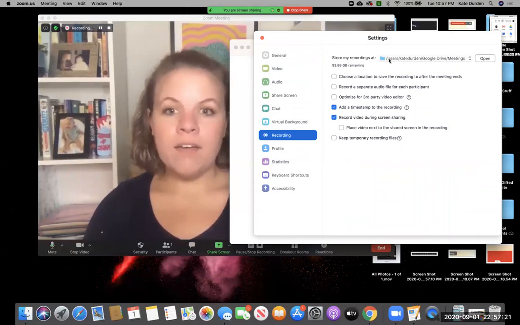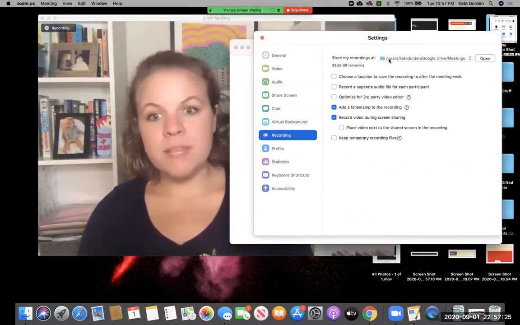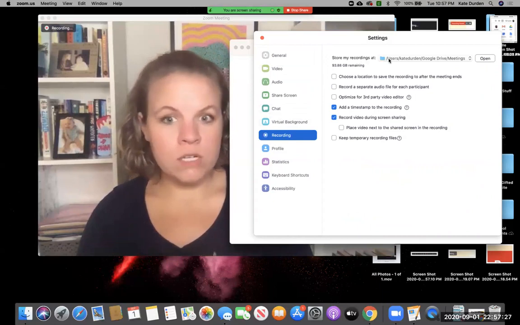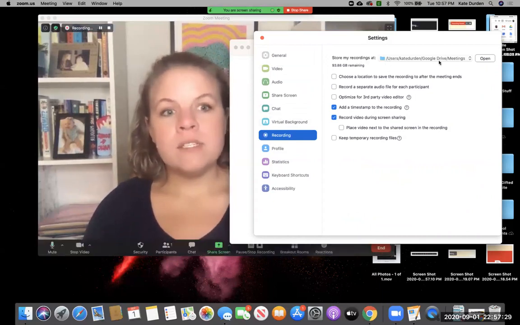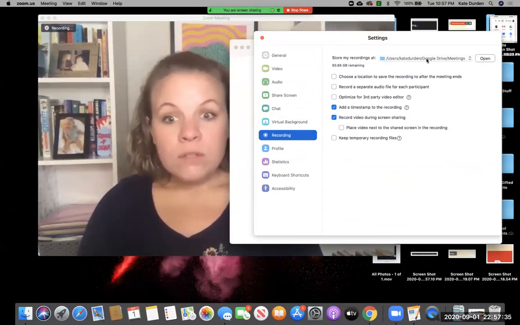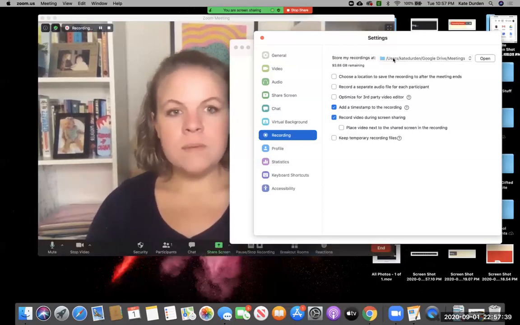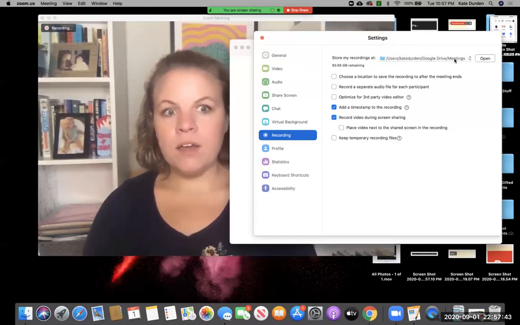Now I have my Google Drive connected to my computer. So when I save something onto my computer, it actually saves onto my drive. So that's why it says Google Drive here. A lot of people will have the documents, downloads. I don't know what it defaults to. I don't remember. I think it is downloads, but so you'll see kind of a pathway here,